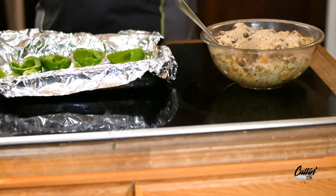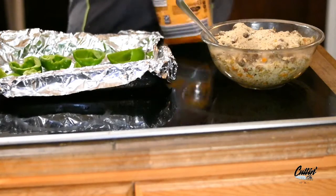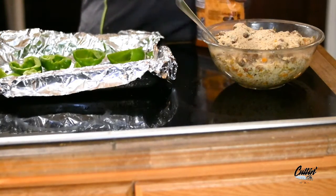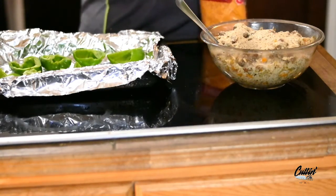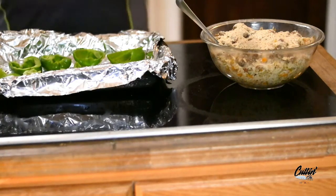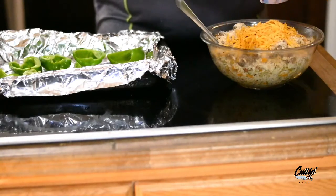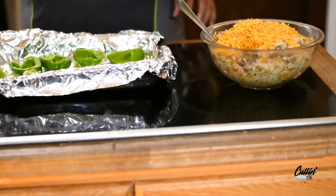Heat your oven to 350 degrees to prepare it to bake the green peppers. Green peppers are probably going to have a total cooking time of 45 minutes, and how that's broken down, the first 30 minutes are going to be for them to cook thoroughly inside and out, and the last 15 minutes,